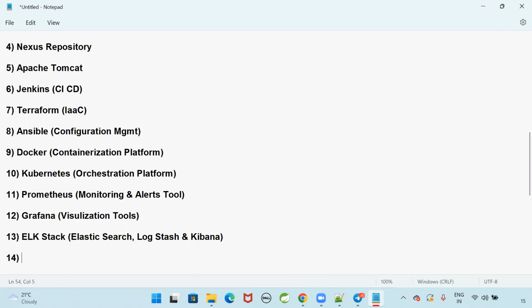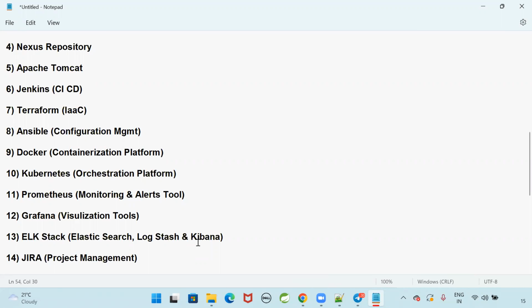At the last, we are going to see one tool called Jira. Jira is for project management. In the company, this is how we get the tasks. As a DevOps engineer, what work you need to do and what your day-to-day activities in the project would be, we can understand by using Jira. Your lead or your manager or your scrum master will assign the task to you through Jira only.